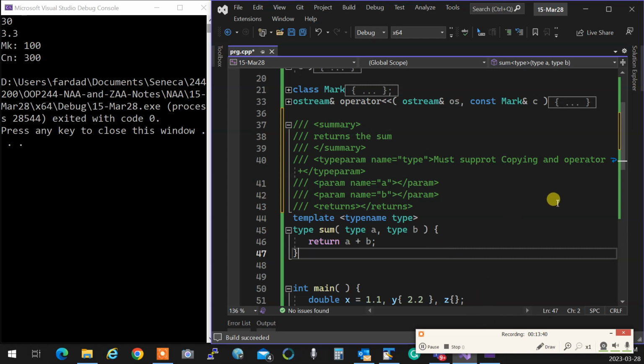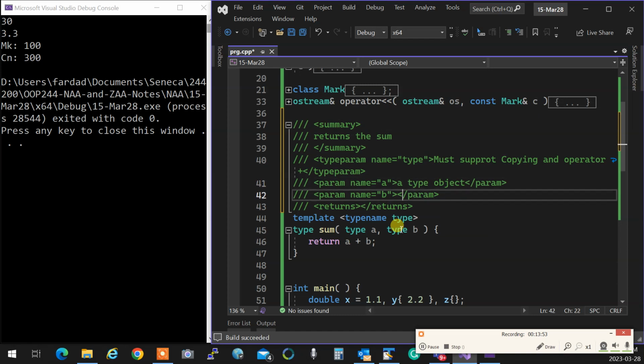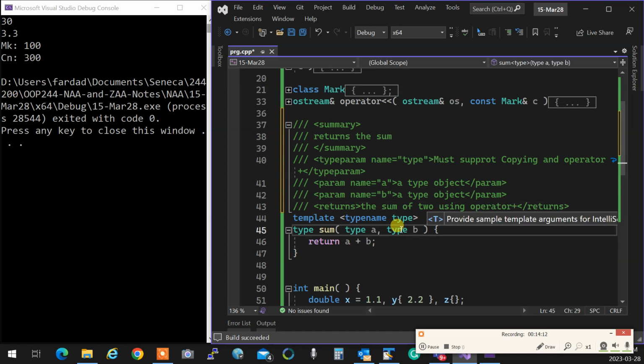All right. So you understand what I'm going with. So anytime, and then in here, obviously, you're gonna write over here a type object, something like that, and returns the sum of the 2, using operator plus, right? So now if somebody wants to use this function, they know that their class needs to